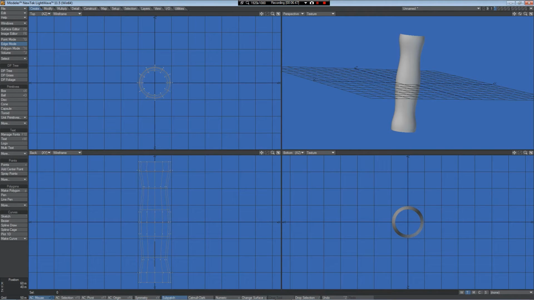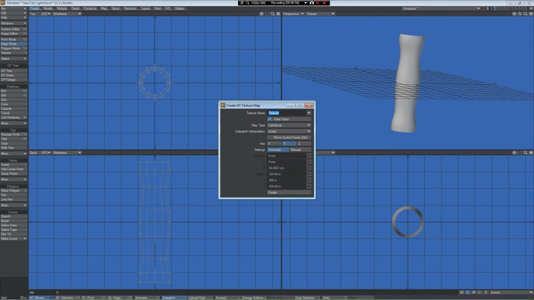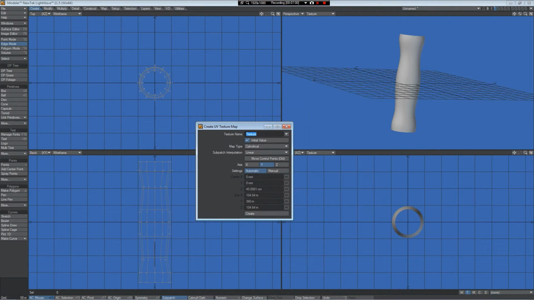Now what do we need to do? We need to create a map, a UV map. So if you go down here on the bottom right, click T for texture, and create new. And we want to make a UV, so UV1. Okay, we want it cylindrical because it's a cylinder and it's on the y-axis pointing up in the air. So